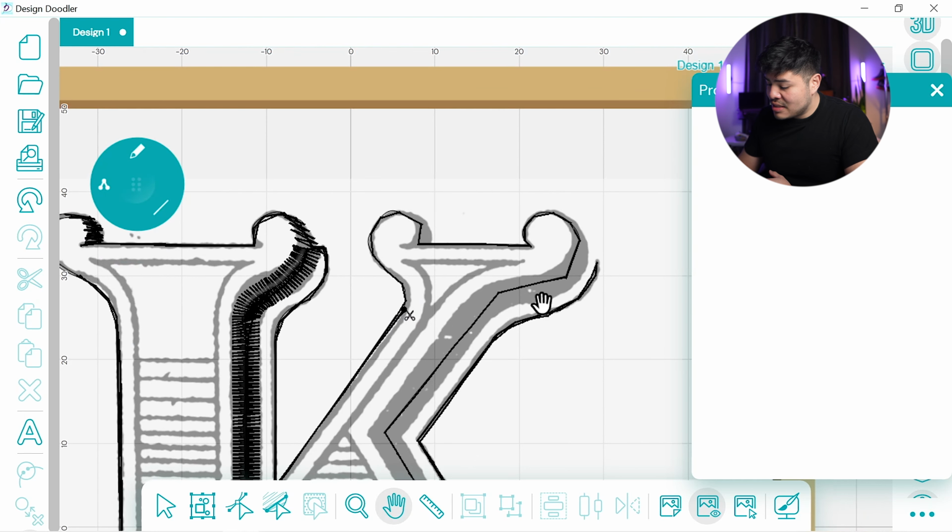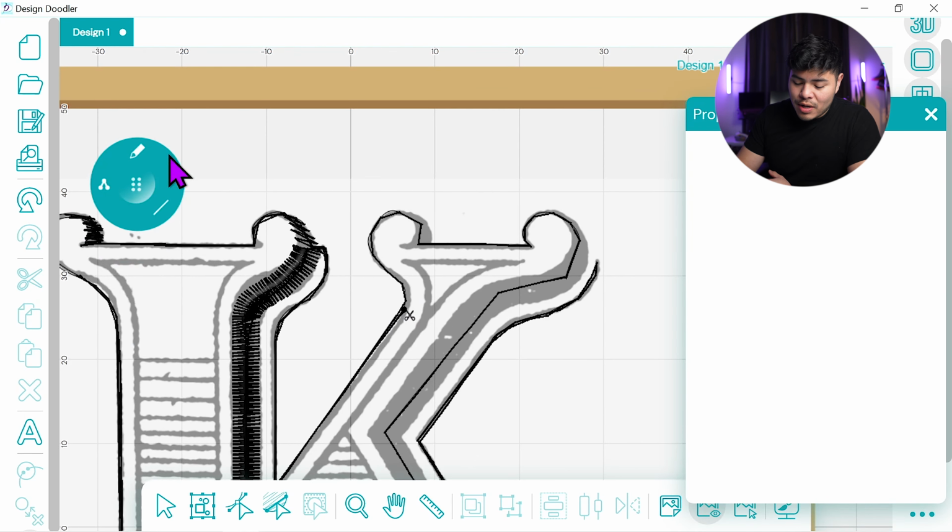Move this way. How many stitches are we at so far? We're only at 1,100 stitches. That is so tiny. Well, we still have a long way to go, kind of, not really, but 1,100 stitches for the amount of stuff we've done so far is pretty nice. I'm quite happy with it. So let's go this way,